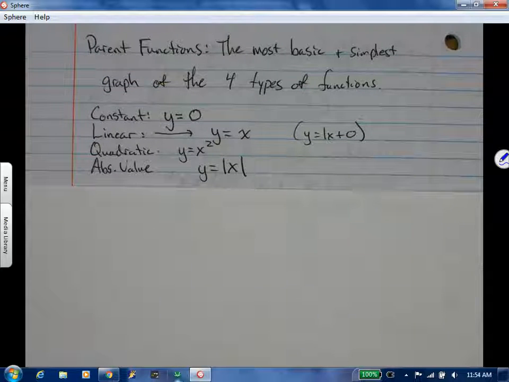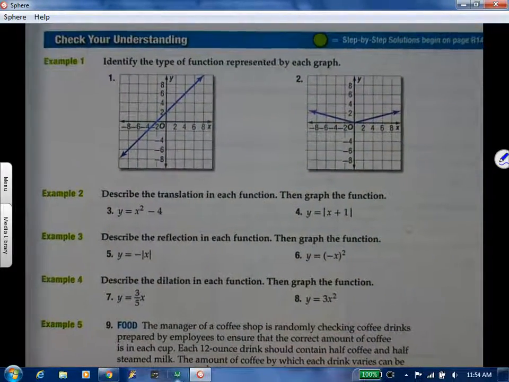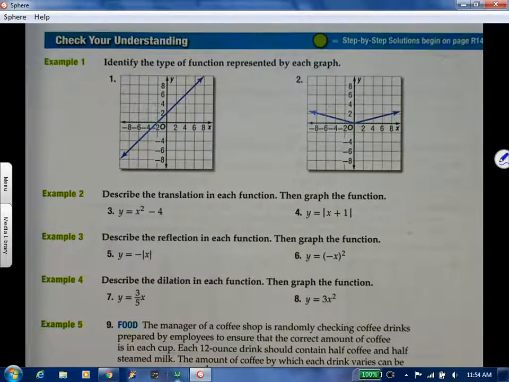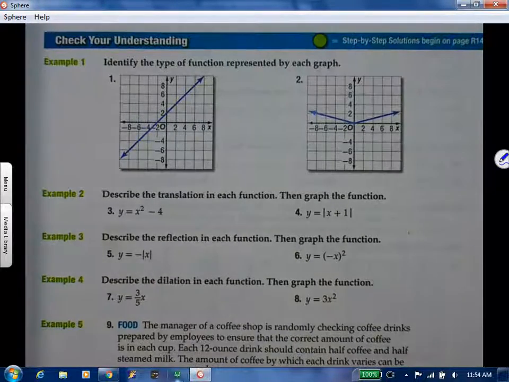Okay, so what your questions will start off with. You'll just have a few of the simple ones. It says identify the type of function represented by each graph. This is page 113. So this is just stating, is this a constant, a linear, a quadratic, or an absolute value? So all you have to do is say, hey, this is a linear function. You don't have to write out what the equation is or anything like that. Number 2 is then